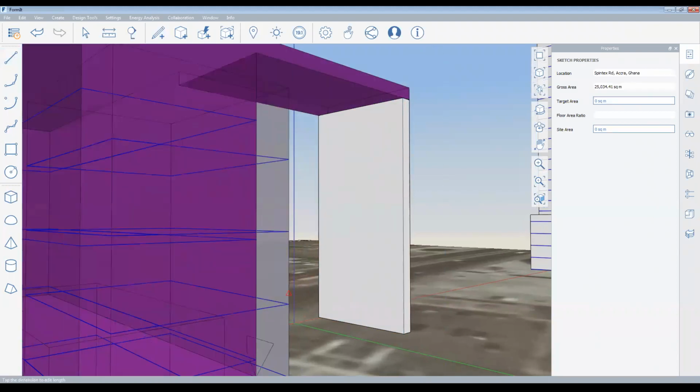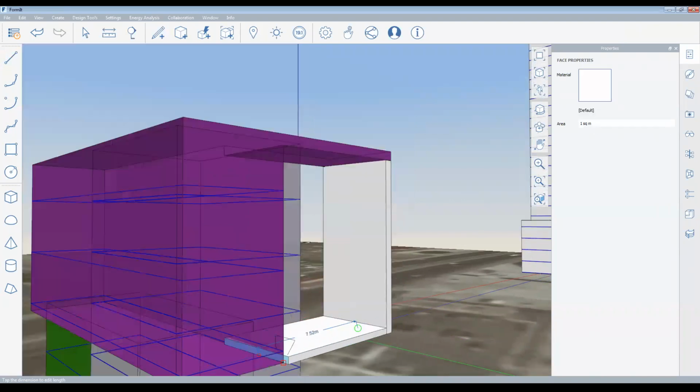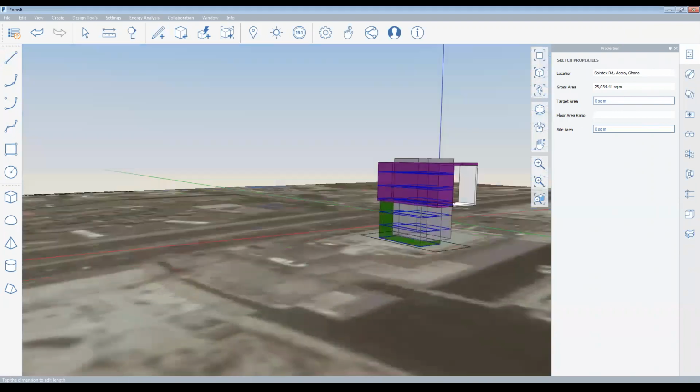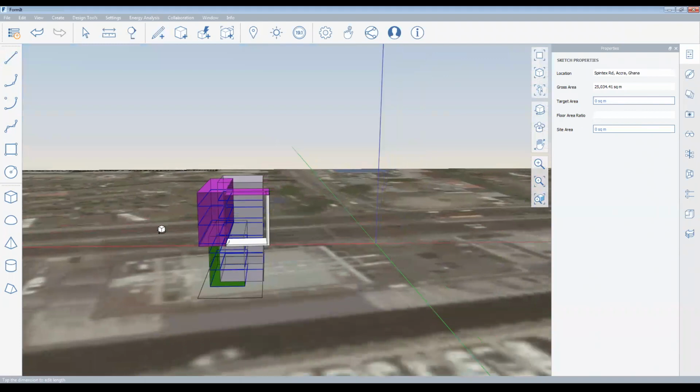Okay, just draw one more line. We're good. There we are. So we've created this interesting shape that we could go on and on